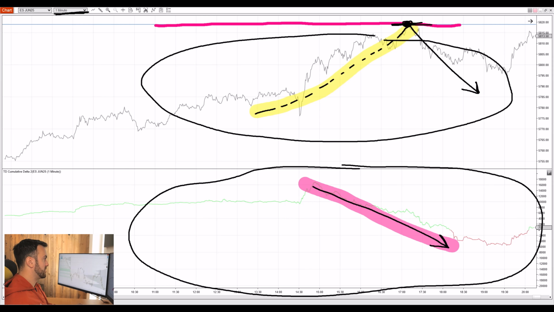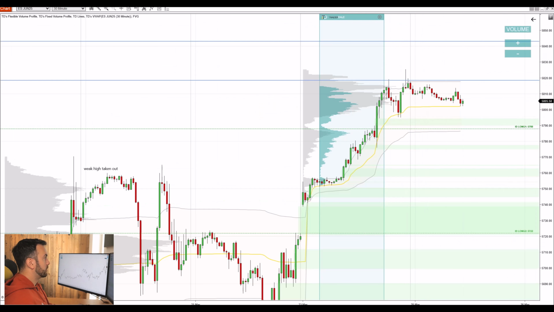Let me go back to the price action chart. So we had our order flow confirmation on the cumulative delta right here. I went short, and at first this looked like a beautiful trade, right? We had a very strong level. We had a beautiful confirmation on the cumulative delta. So this looked like this must be a winner, right? As the price was going lower and lower, I secured my stop loss right here at the top of this reaction, so I wasn't really risking too much, and I just hoped that the price would reach the take profit,